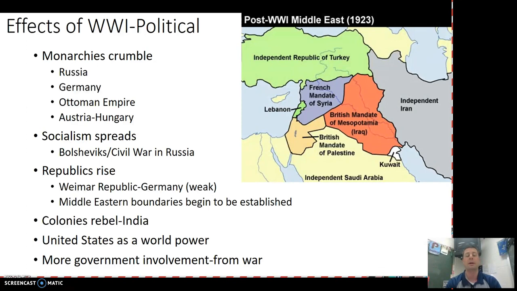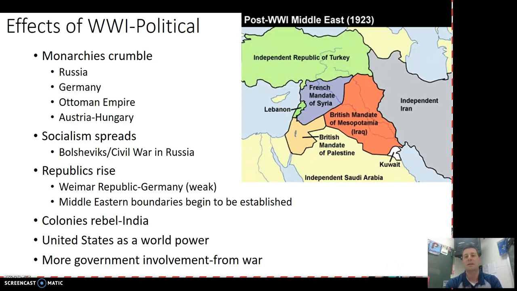And I know I'm skipping down, but the rise of republics, including the Weimar Republic in Germany, which is kind of hamstrung from the very beginning. The German people really don't have a lot of faith in this republic, in part because it's forced on them. And you can kind of understand where they're coming from. You're going to change your government. You're going to do this because we say so. At the same time that you're getting basically spit on by these other countries who are saying, you need to shoulder the blame for this, Germany's like, whoa, whoa, whoa, what about Franz Ferdinand? What about Serbia? What about Austria-Hungary?